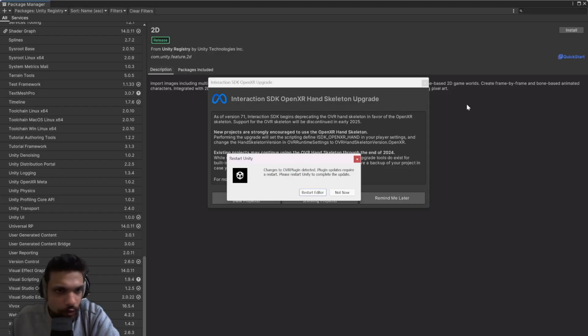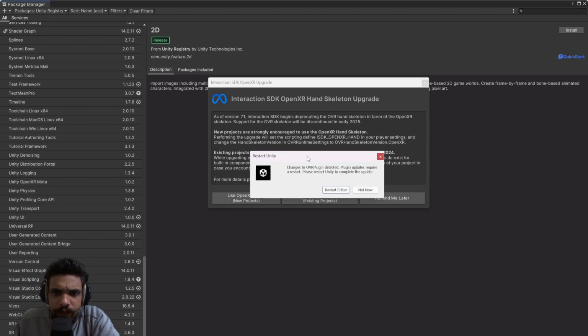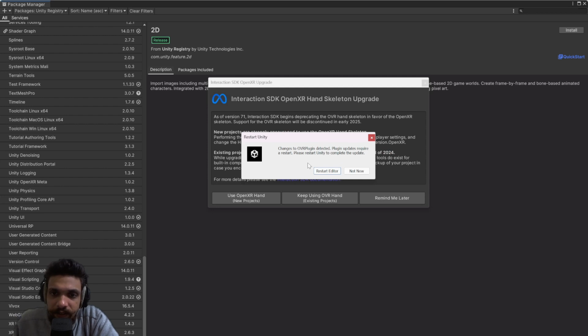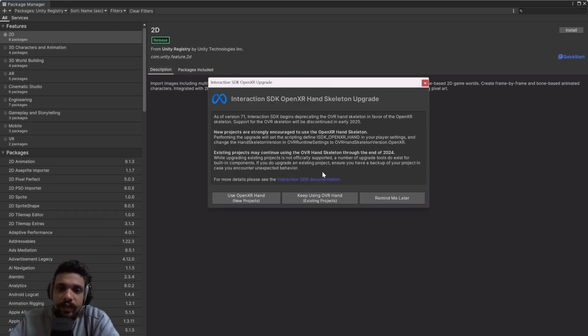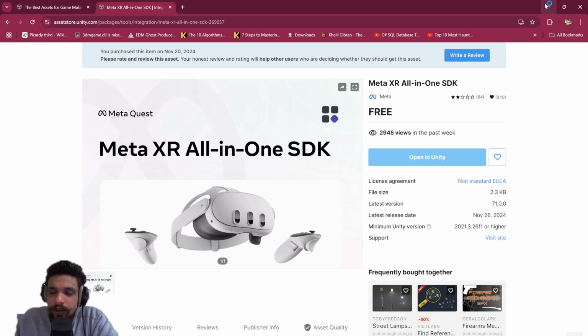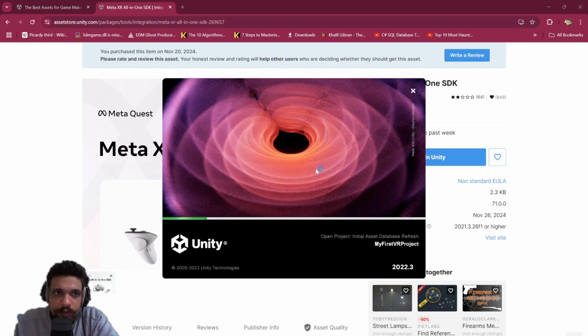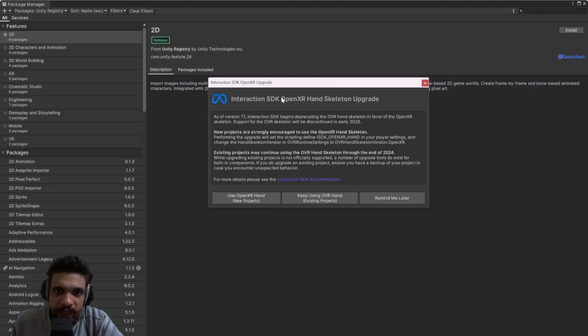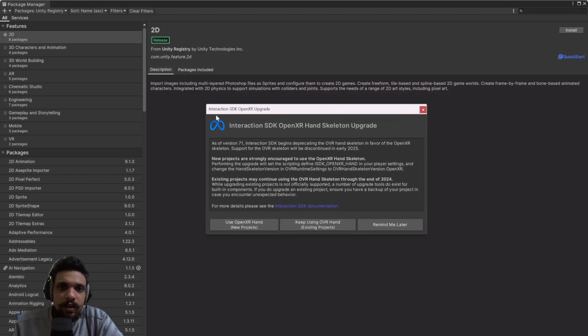Okay, now the setup is open. It took me about 4 minutes, but here we are. It's asking me to restart the editor, so let's just do that. And now we just wait for the project to reopen. Okay, so now the project opens with this window, which asks you